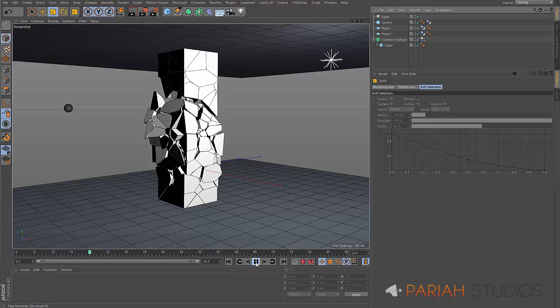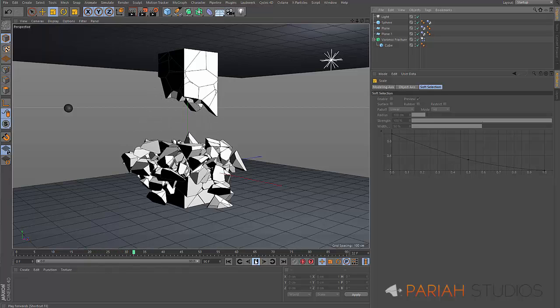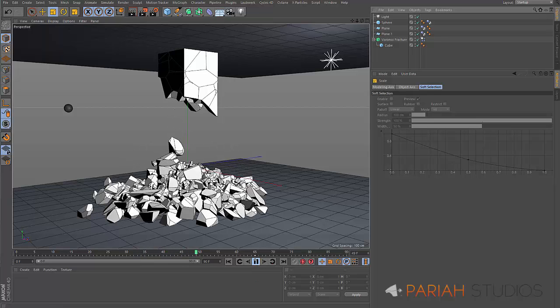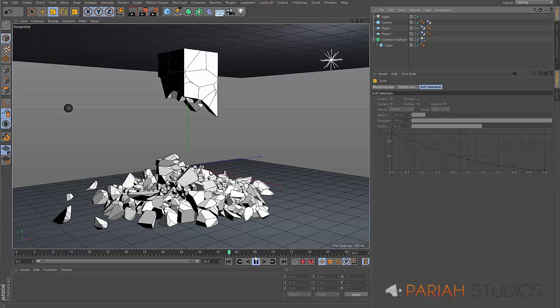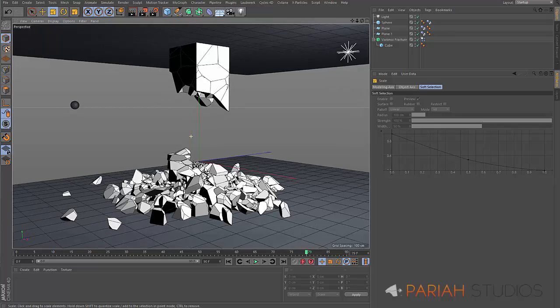So now this is all going to fall down, leaving some of that pillar at the top and possibly a bit at the bottom as well. So this is piling up here. You can see around the existing parts, and that is quite an effect to achieve in such a short amount of time. So obviously there are loads of MoGraph things you can do with this as well, but